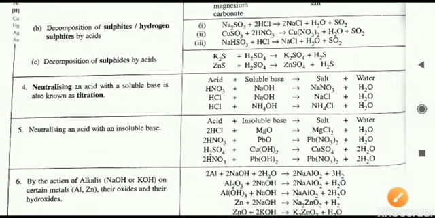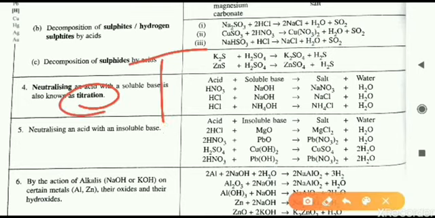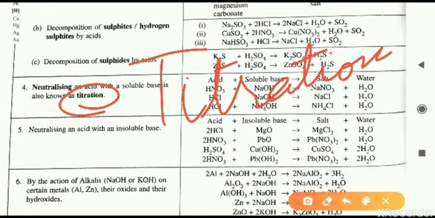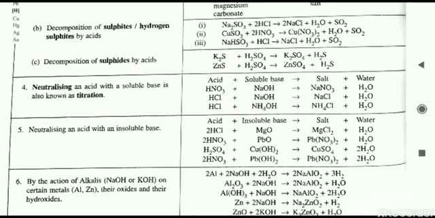Now what I said is there is a special category of neutralization reaction. What is that called? It is called titration. This will form a very important part of the chemistry practical in classes 11 and 12. It is a very important practical also. So now you learn the theory. Next year onwards you will be having the practical of titration.